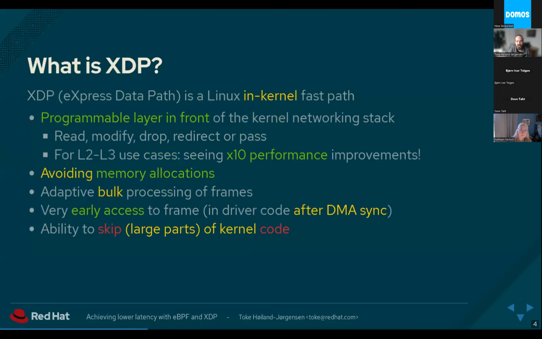And it's this programmable layer that runs in front of the kernel networking stack, where you can execute your eBPF code right on a packet as soon as it comes in from the network, and you can read, drop, modify, redirect the packet, and so on, with very high performance compared to what you could before, because we avoid memory allocations and there's some adaptive bulking. That means that you can get an order of magnitude